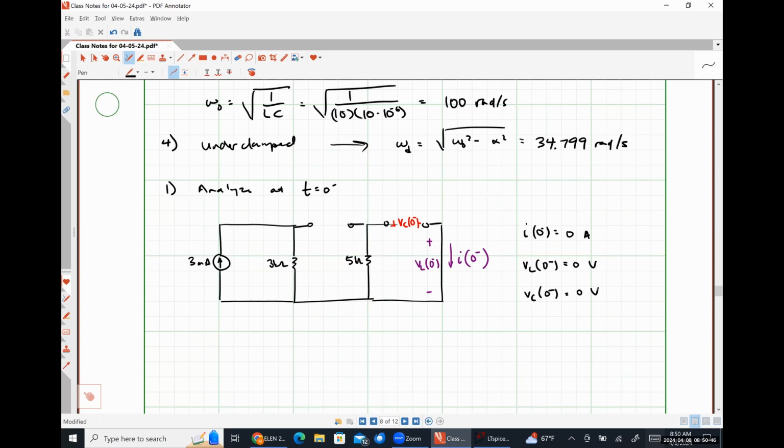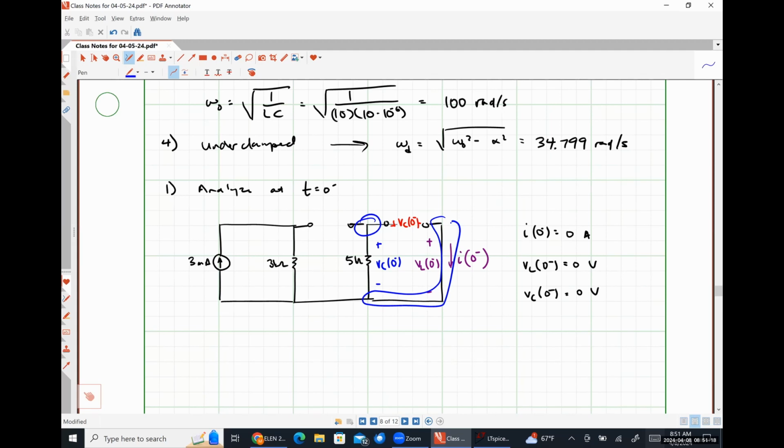The voltage drop across our capacitor could also be expressed as the voltage drop across this resistor, because the positive polarity terminals are both at this node and the negative polarity terminals are both at this node. Since there is no current flowing through the 5 kilo ohm resistor because it's not part of a closed current carrying loop, there's no voltage drop across it,